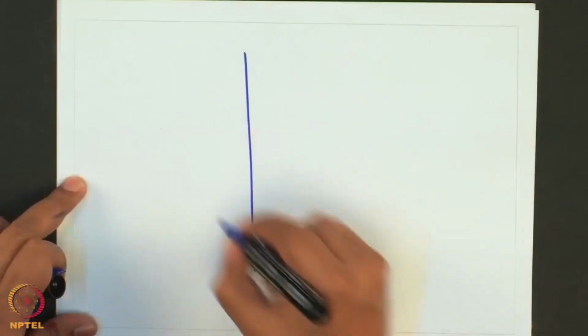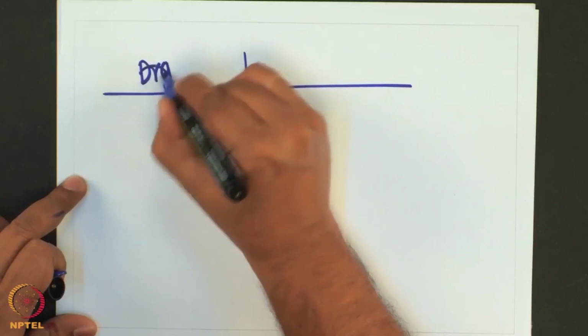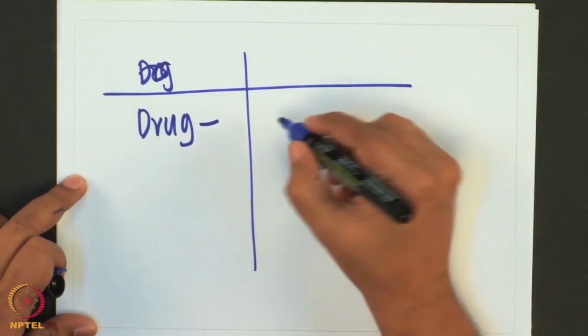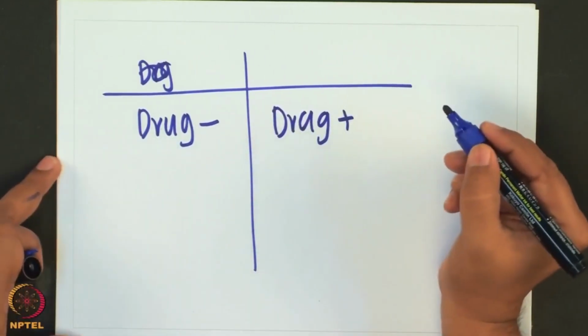Instead of this, you could think of a mutation and no mutation. So, you could have many examples. As we said, you could have without drug, drug minus, and with drug, which let me call drug plus, and